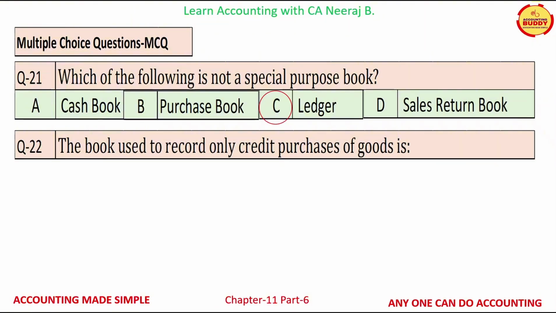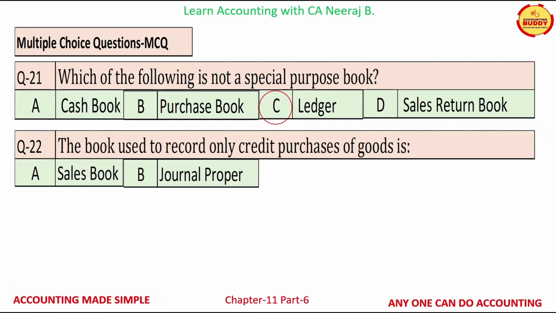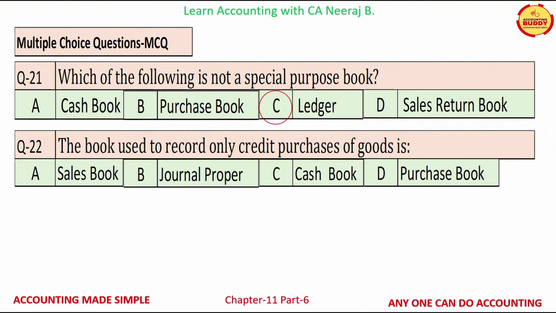Question number 22 is, the book used to record only credit purchase of goods is, and the available options are option A, sales book, option B, journal proper, option C, cash book, option D, purchase book. And the correct answer is option D,